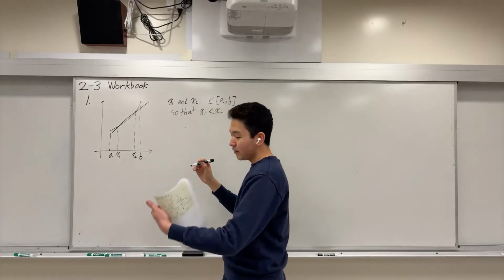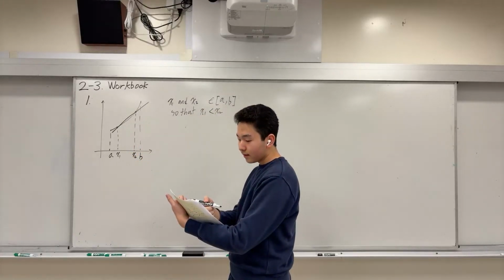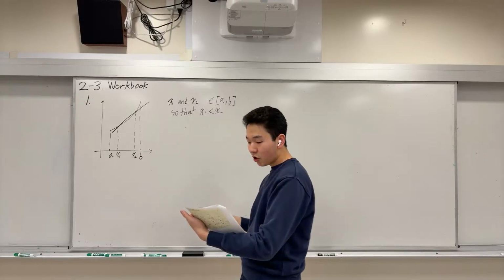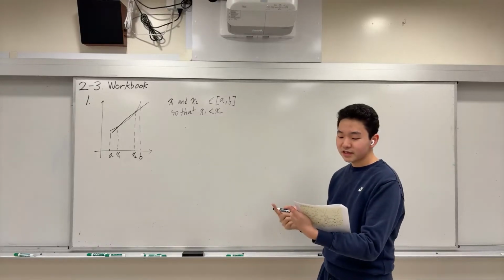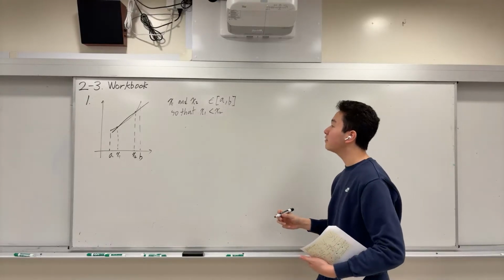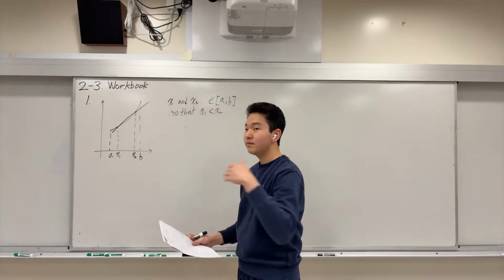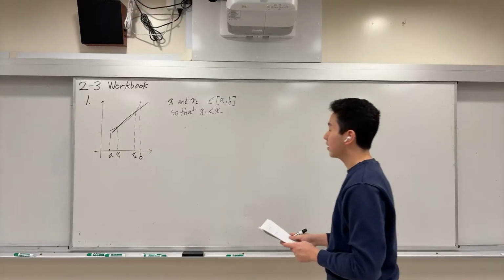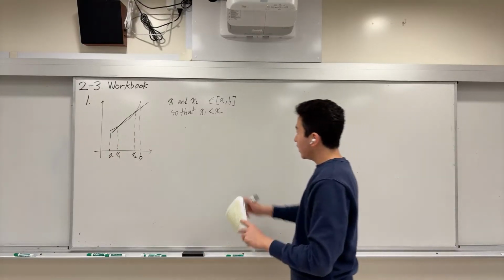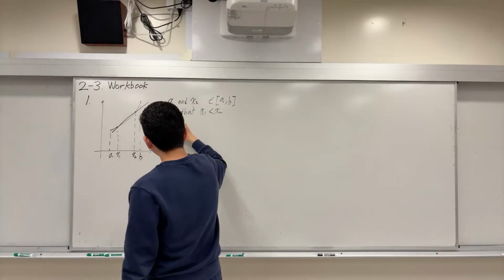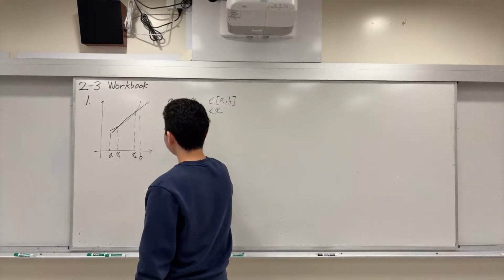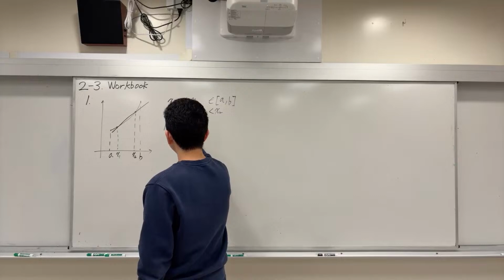And since the conditions say it's continuous on the closed interval and differentiable on the open interval, we can try using the mean value theorem, right, from a couple of lessons ago. So the mean value theorem states,